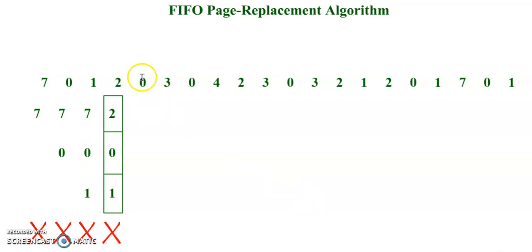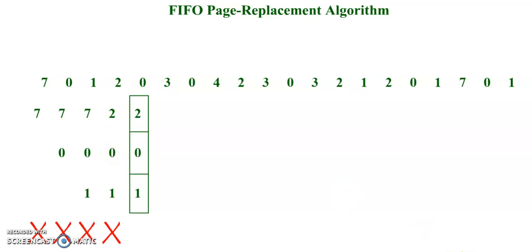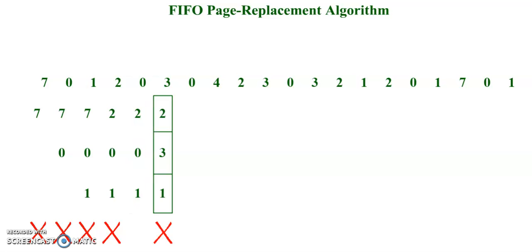Now we are going to insert the next element 0. 0 is already present, so it is a page hit, no page fault occurs. Next we are going to insert 3, so we have to look for another free frame. Here 0 is the oldest element, so we are going to insert 3 instead of 0, so there occurs